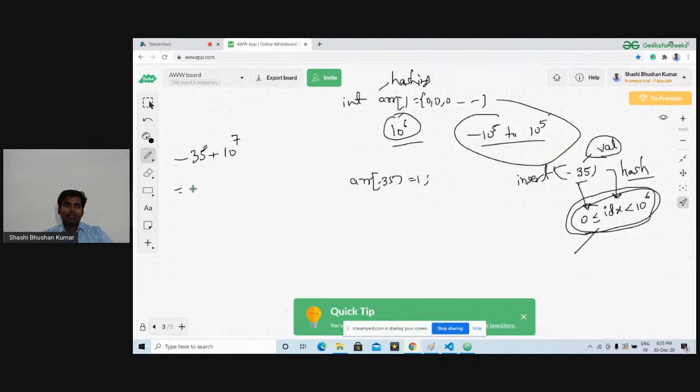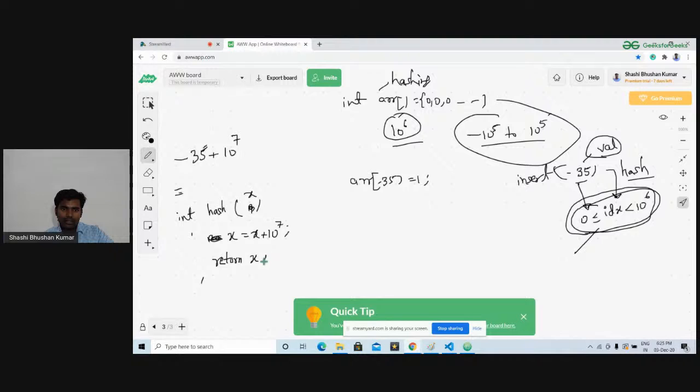So the hash function is quite simple. Int hash, right? Let's say we have a number x. We'll add 10 to the power 7 to x, and then we'll return